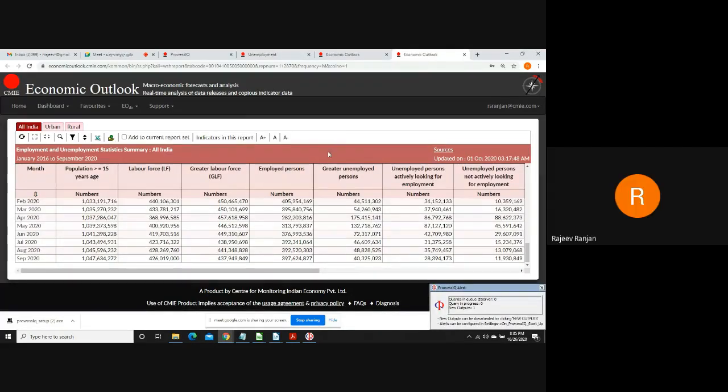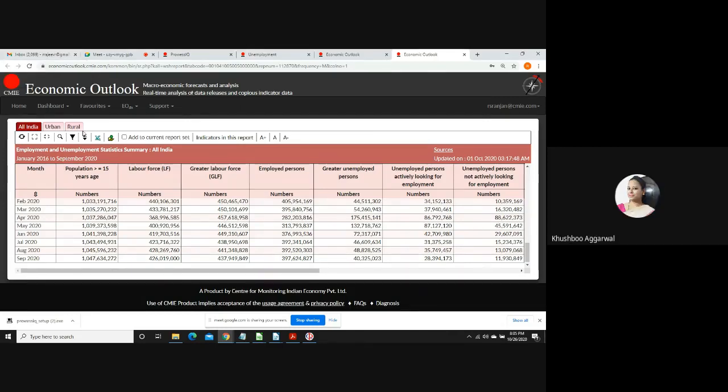Yeah, monthly data is from January 16 only. Yeah, sir, I've already explored. Actually, population statistics, ownership of assets, income and expenses were from 14 onwards. But yeah, employment was added later on.